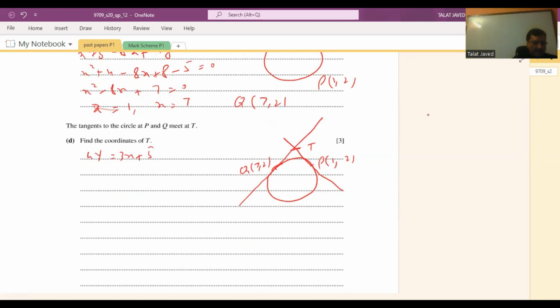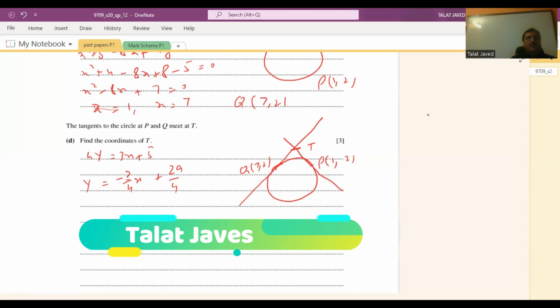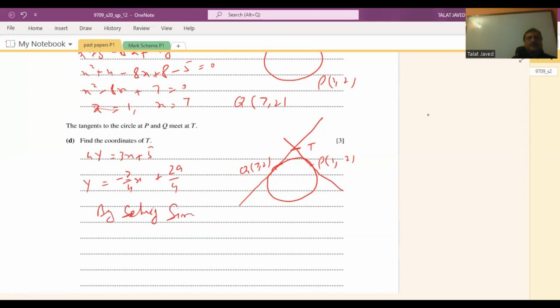The equation of the tangent at Q will be y is equal to minus 3 over 4 x plus 29 over 4. By solving these two simultaneous equations, we get the point of intersection, which is (4, 17 over 4). So this is the